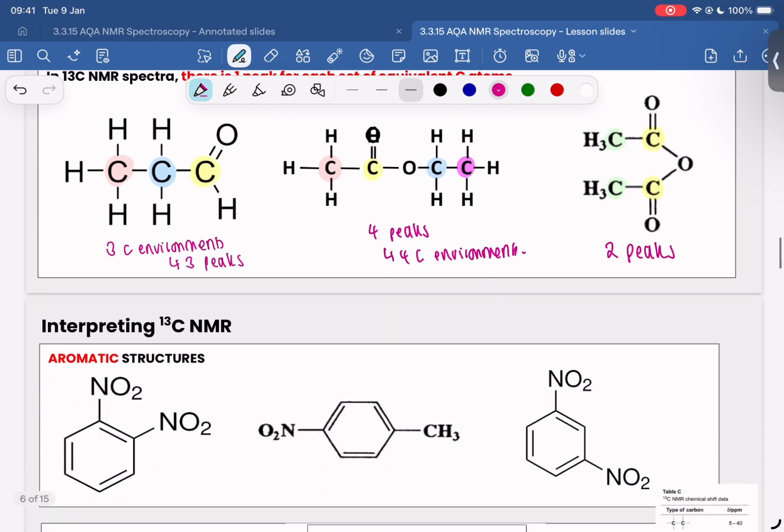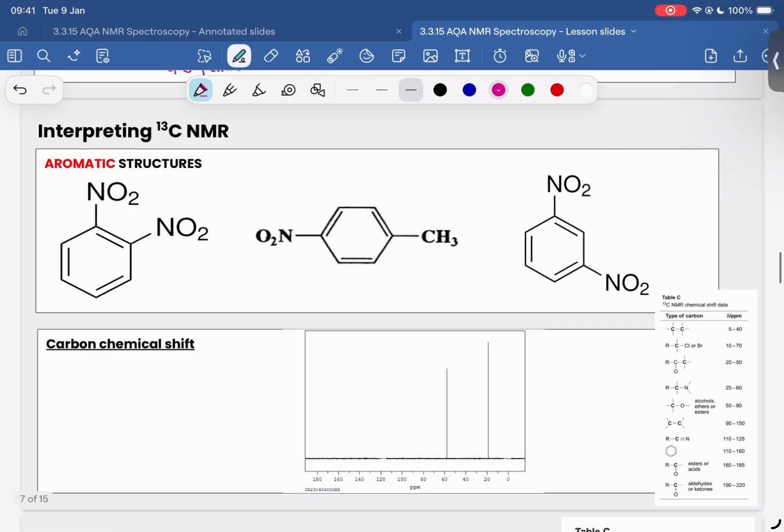Now, I'm going to move on to how you identify carbon environments from aromatic structures. And that's because it's a bit more difficult, but it does get easier when you work out certain tricks that you can use. So how I do this and how I make it easier for myself is by drawing a line of symmetry. Drawing a line of symmetry makes it so much nicer because then you can easily see which carbon environments seem to be identical to one another. So for the far left one, let's just get started with that. I'm going to draw a line of symmetry straight down the center,